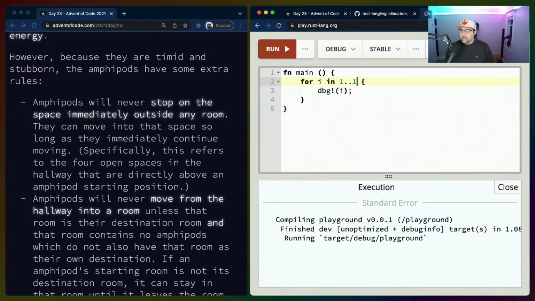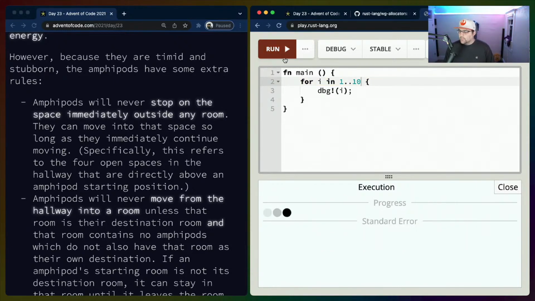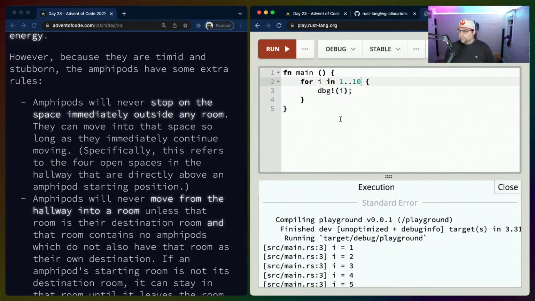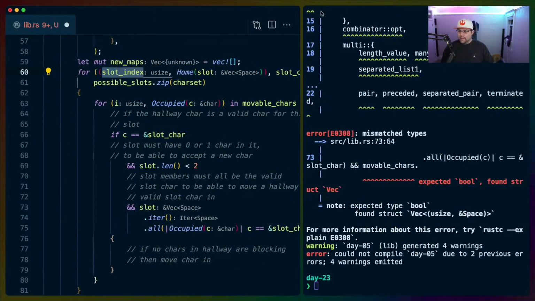If we go from 1 to 10, this will work, just to confirm our assumptions here. So we can't go from high to low in a range, which means we need to make sure that we construct the range correctly. It doesn't really matter to us either way,